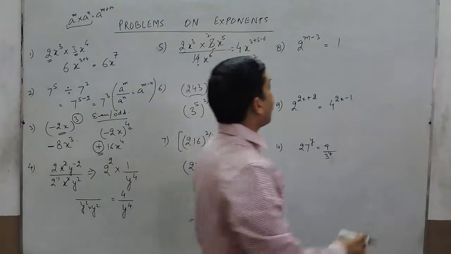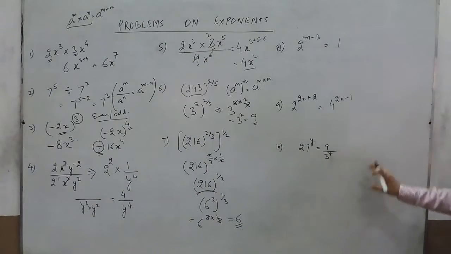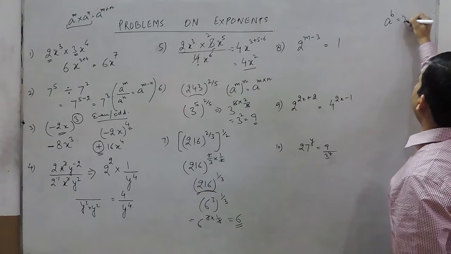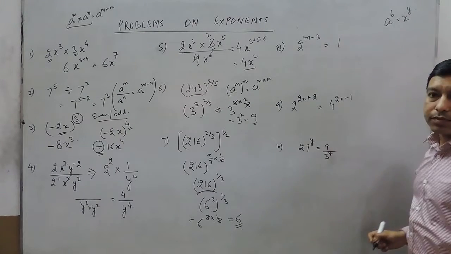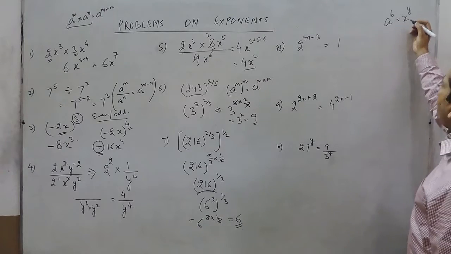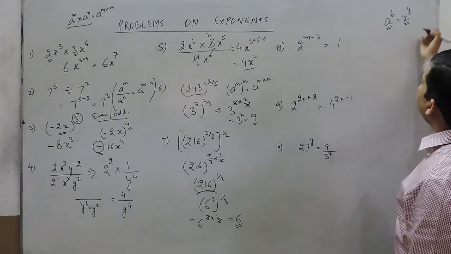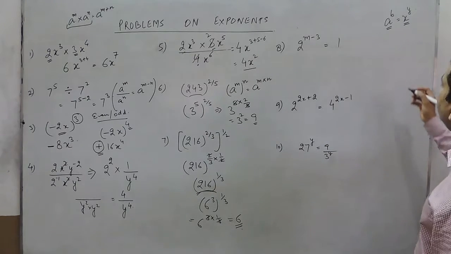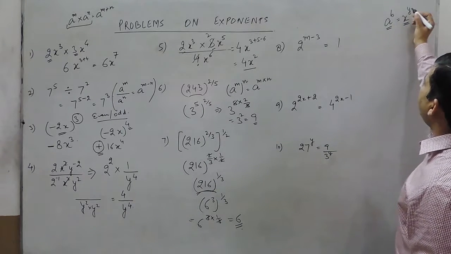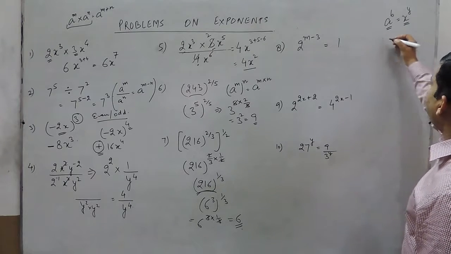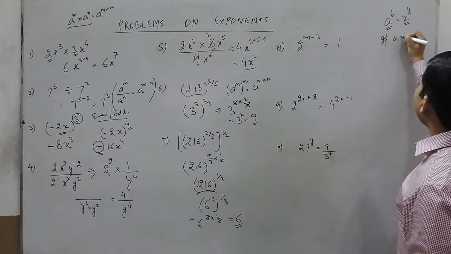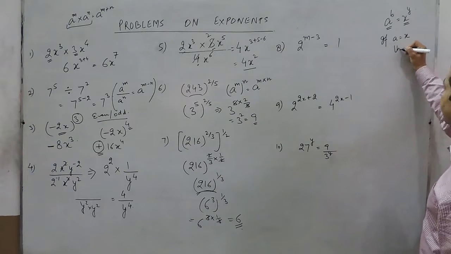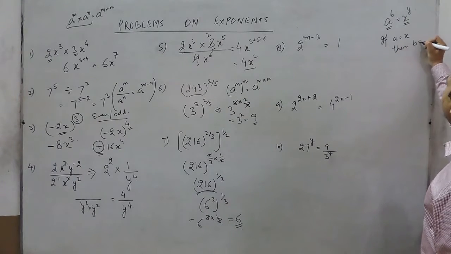Here we have to understand one more thing. If a to the power b is equal to x to the power y, here it is very important that either the base has to be the same, then only we can cancel out, or the power has to be the same, then we can cancel it out. It means if the base a and the base x are the same, then it is very clear that b is equal to y.